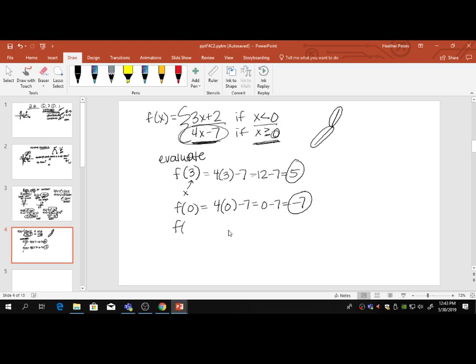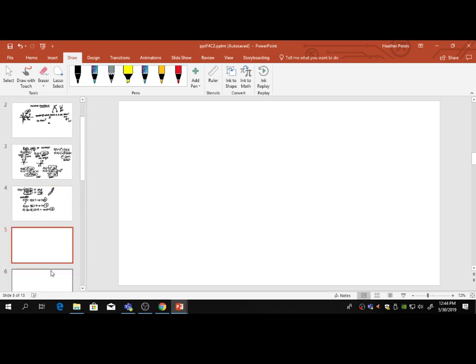Now let's say I have f of negative 2. Okay, so x is negative 2, which is less than 0. So I'm actually going to use this function now to evaluate. And instead of x, I'll plug in the negative 2. So I get negative 6 plus 2, which is negative 4. Okay, now if you're asked to graph these, there are a couple ways you can go about doing it,